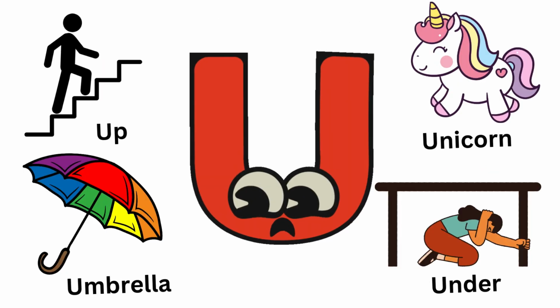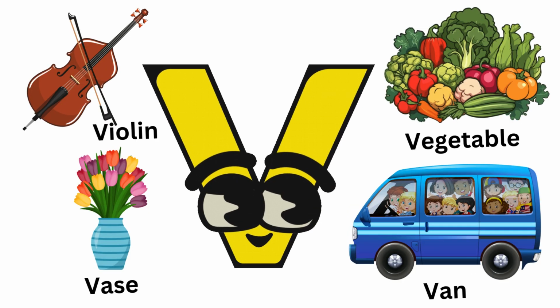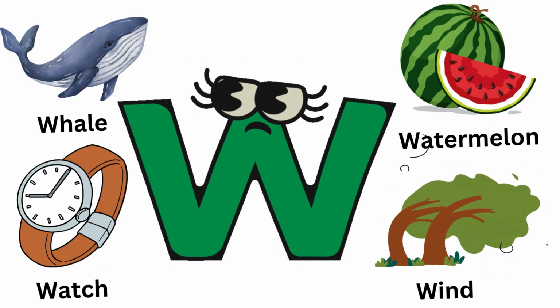U is for umbrella, U is for unicorn, U is for up, U is for under, V is for violin, V is for band, V is for bass, V is for vegetables, W is for welding, V is for watch,